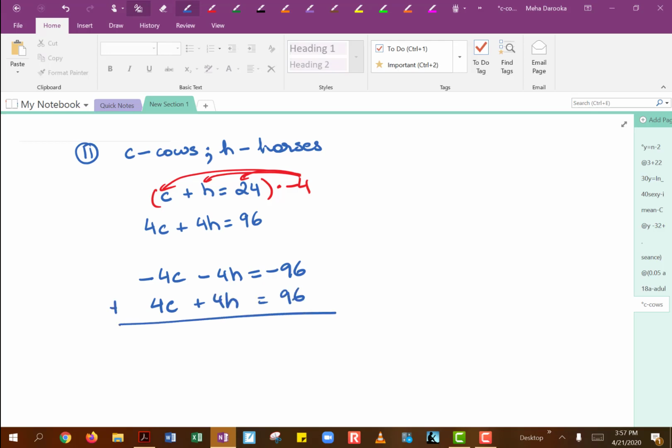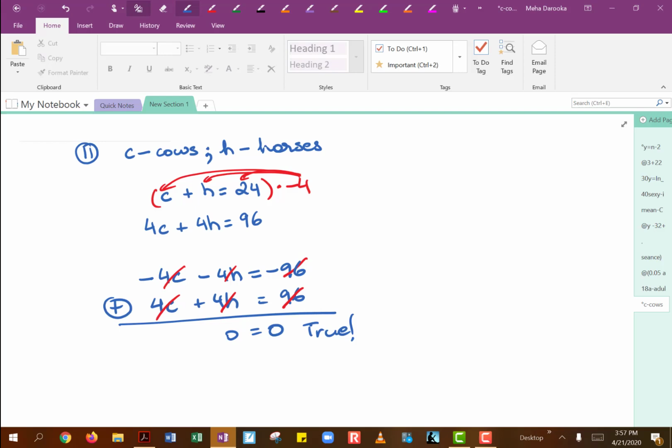Now let's go ahead and add the two equations. So here, negative 4c, positive 4c cancel out, negative 4h, positive 4h cancel out, and then again negative 96, positive 96 will cancel out. So you will notice we'll end up getting 0 equals 0, and of course this happens, we know since this is a true statement, this happens when we have infinitely many solutions, when we have the same lines. Now of course we won't have infinitely many solutions in this case, but obviously the idea is, since we can have